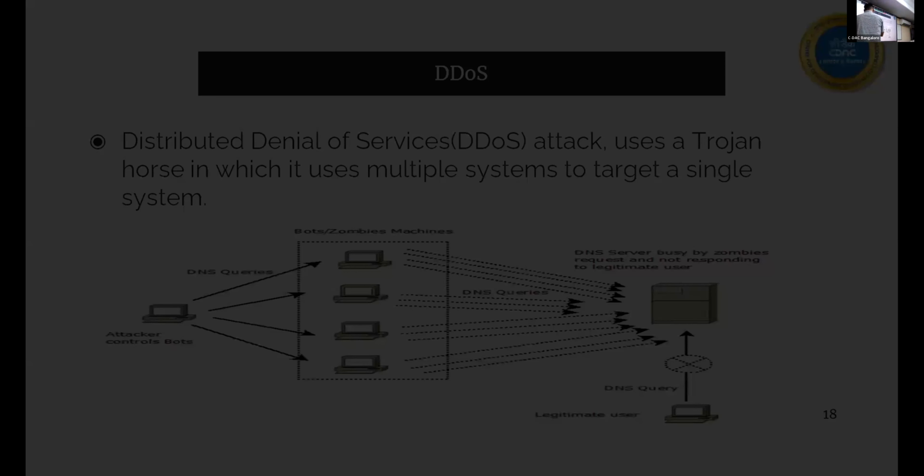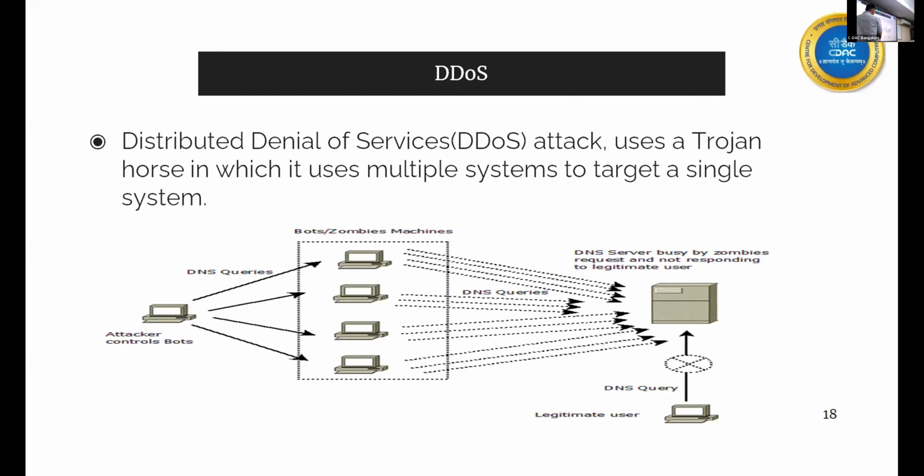The attacker will have controlled machines with him. Now, what is the attacker doing? He sends DNS queries to these zombie machines, and in turn these zombie machines send all those queries to your DNS servers. The DNS server, whether recursive, root or any other authoritative server, will feel that it is getting a huge amount of traffic from different, or genuine, IP addresses which are under the control of the attacker.